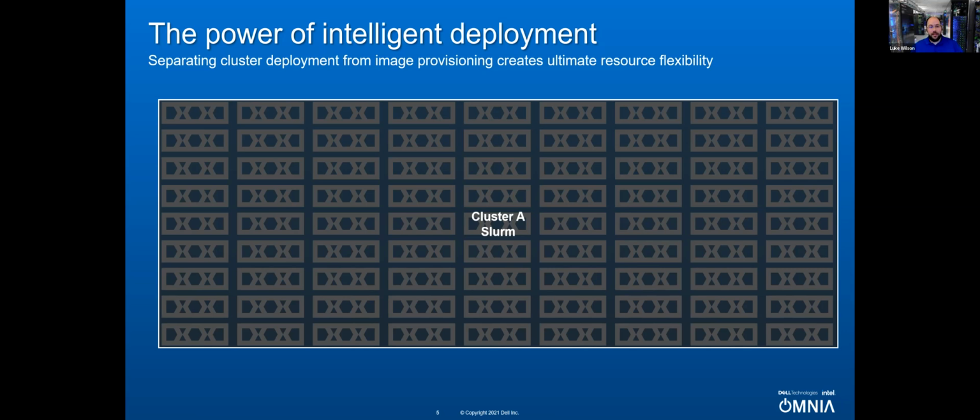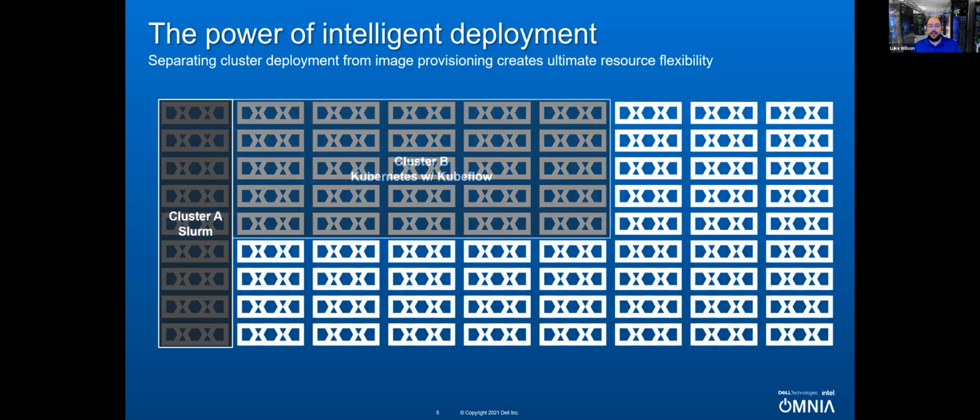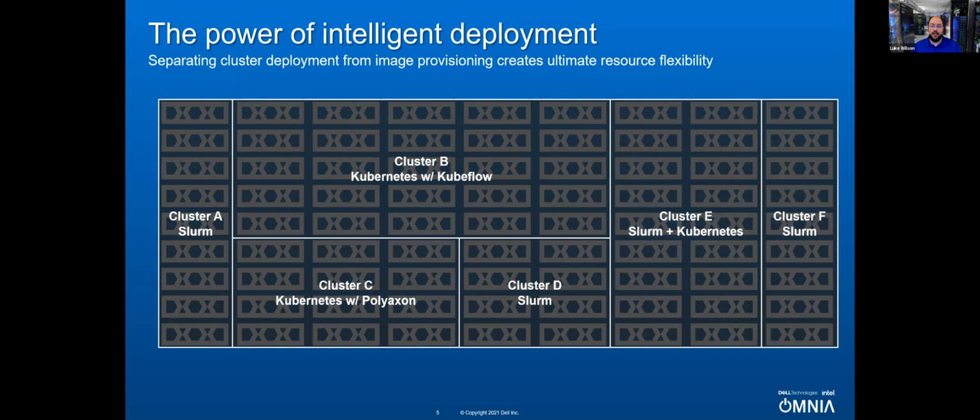Omnia does things differently. Because we separate the cluster deployment and the image provisioning, we can actually build various logical clusters inside this pool of resources, each one of them independently managed, independently scheduled, with independent software deployed on top of it. And so we can build your traditional Slurm clusters for simulation and modeling jobs and MPI work. We can build various different clusters inside this resource pool that have different ML ops platforms like Polyaxon or Kubeflow. We can even build systems that are combined, that are designed to do both artificial intelligence and data analytics, as well as high performance simulation and modeling, all together on the same system, running both Slurm as well as Kubernetes